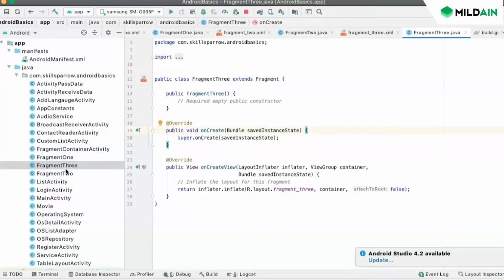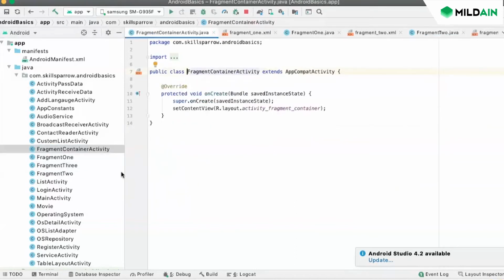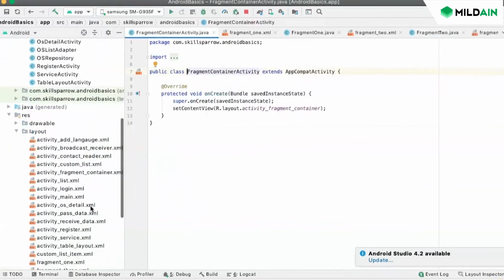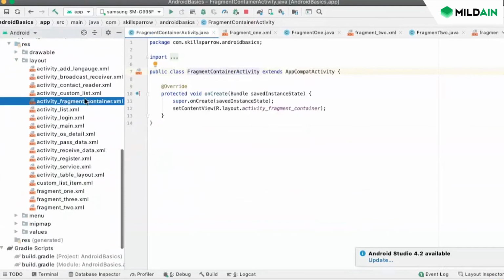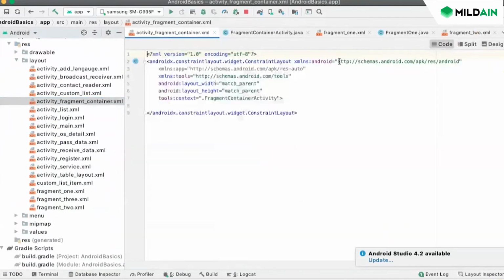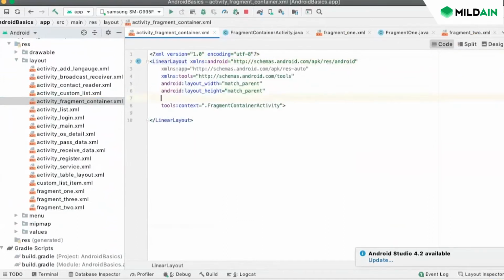Okay. Let's go to our fragment container. So inside fragment container, I'll just create a normal layout here. Fragments can be added in different ways. It can be added statically into the layout. For example, I can add a